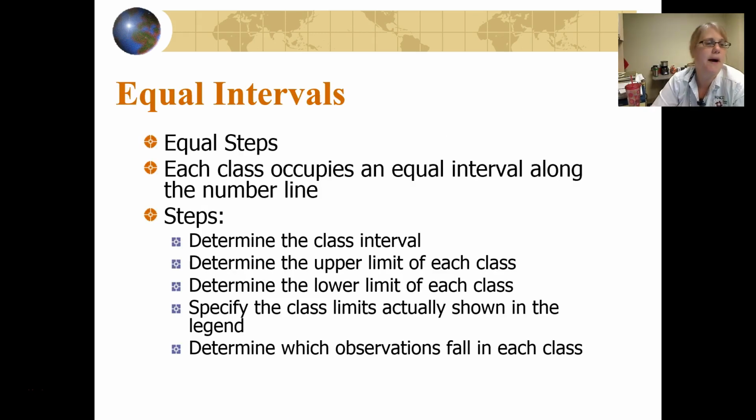So, equal interval. This essentially means that each class has the same interval between it. So it might be from 0 to 5, 6 to 10, 11 to 15, always that same interval. It's essentially when you use this in ArcMap,